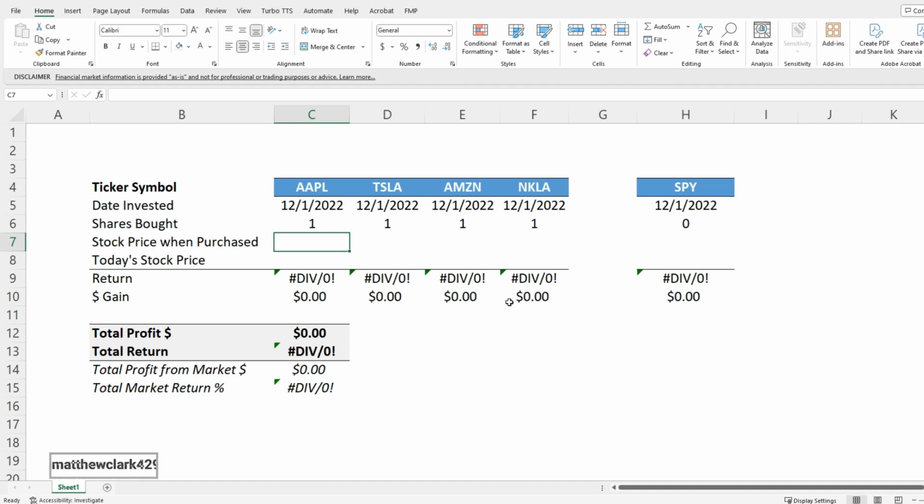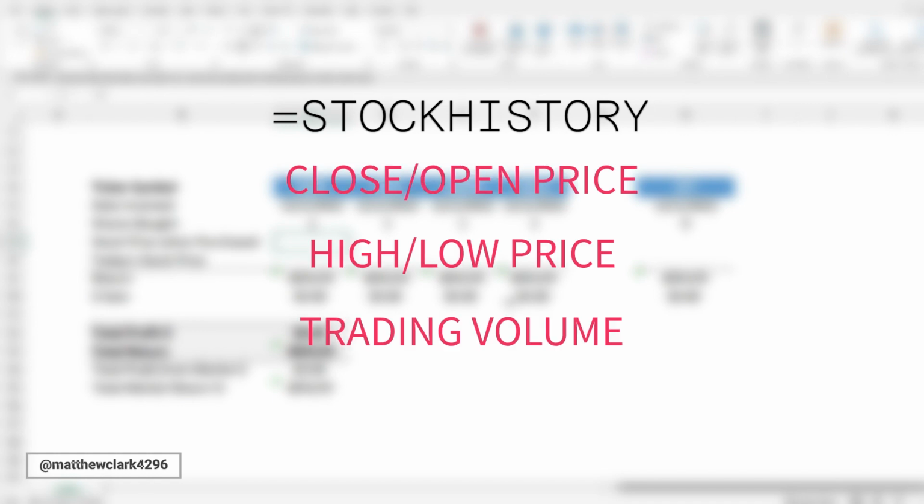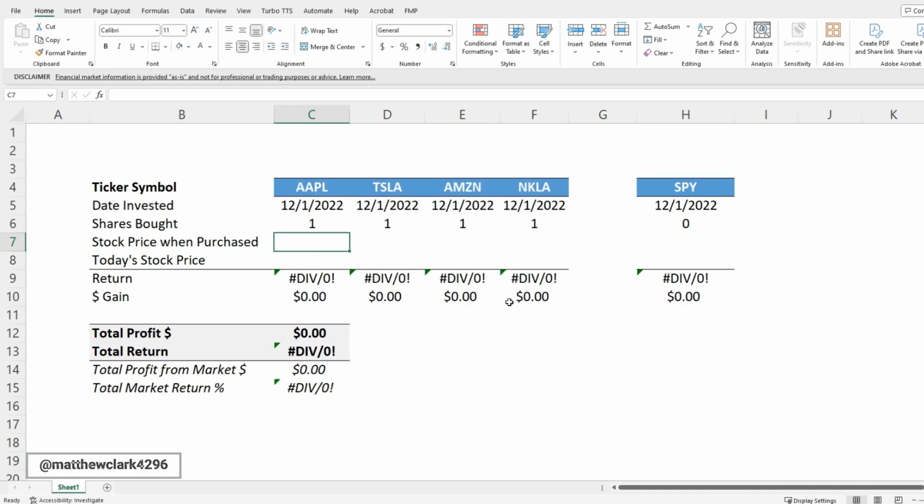Hey guys, today I'm going to be showing you an amazing formula I just found called the stock history formula. What the stock history formula does is it can show us any close, open, high, low, and volume for any given publicly traded stock on any given day. So it's an amazing formula that I've used to track my investments and to be able to quickly check on stock prices and other stock data while I'm in Excel instead of having to go to Yahoo Finance and